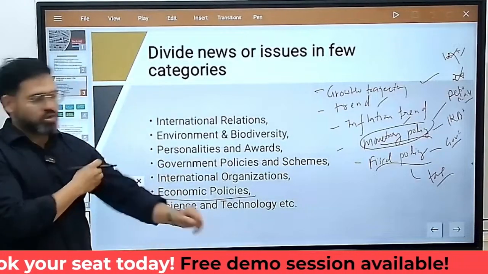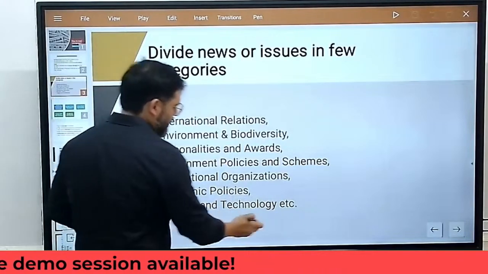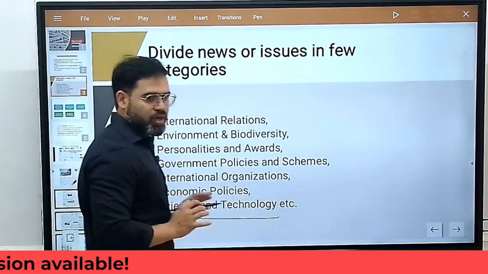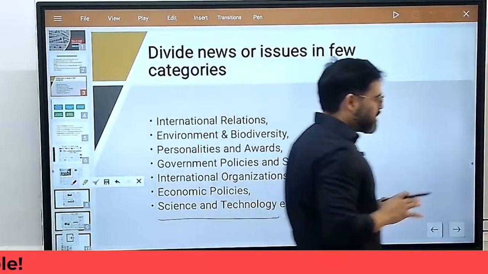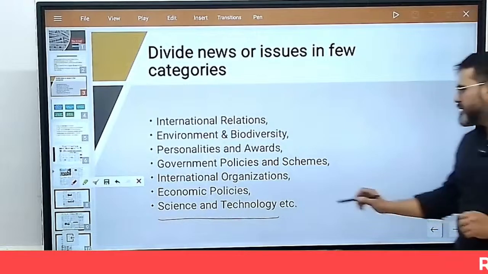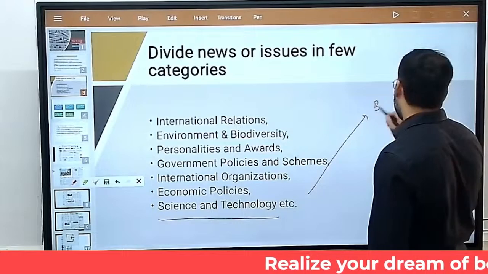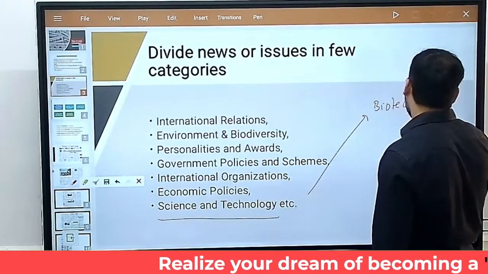After science and technology. This is also very important actually. Very important, science and tech. In the Hindu it is covered better compared to any other newspaper. So science and tech, if you go, the important areas in science and tech are biotechnology,